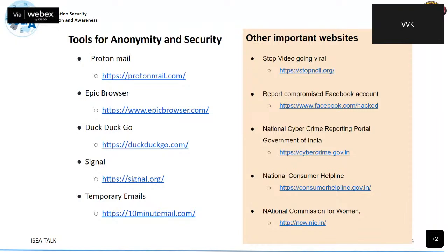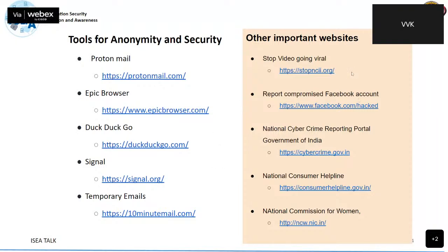A lot of browsers are tracing our user behavior, and many mail service providers know what all our contents are. We don't have privacy. But these products claim that they are offering anonymity and security to the users.